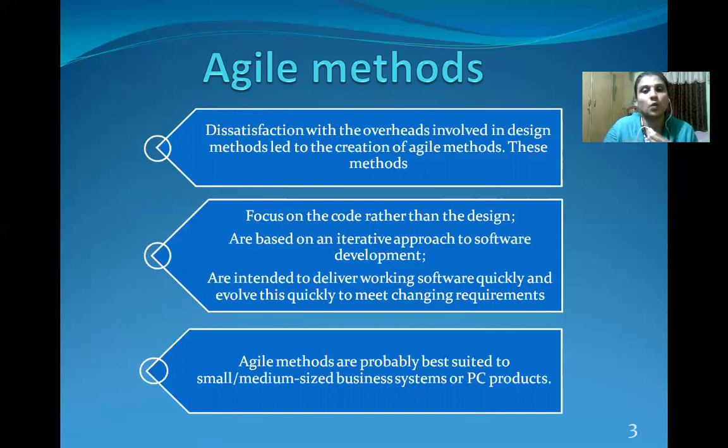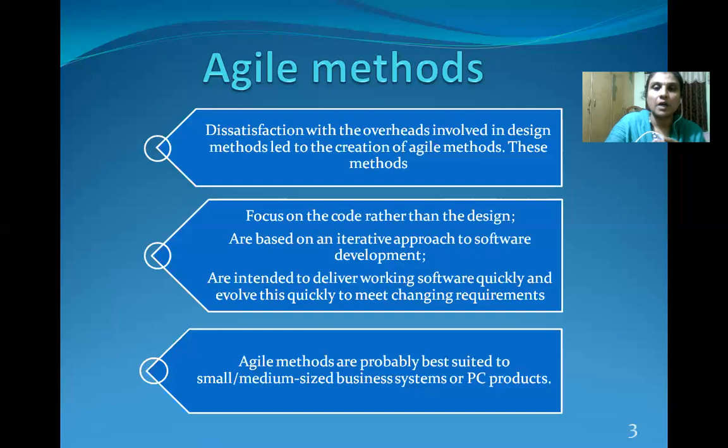They're focusing on the code, and the main intention of this agile methodology is to develop and deliver a software product or application within a short time. The agile methods come under the rapid application development criteria. So we have to develop and deliver a software product within no time, and these agile methods are best suited for large or medium sized projects, not suitable for complex projects. If we have a very big project, or a complex project or product to develop, we either choose waterfall, component based or evolutionary methods, which I discussed in the previous slide. That is about the agile methodology.